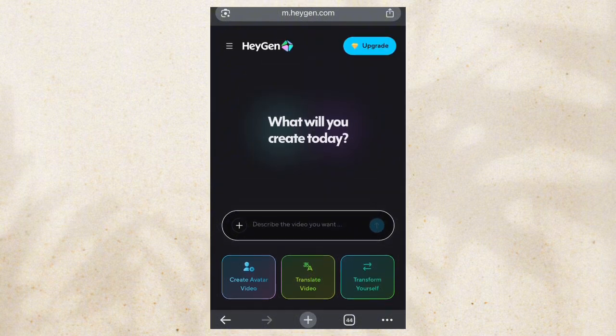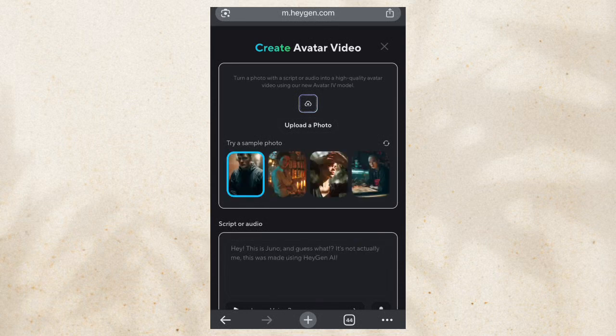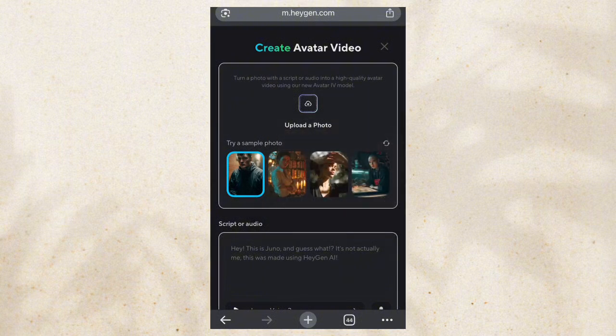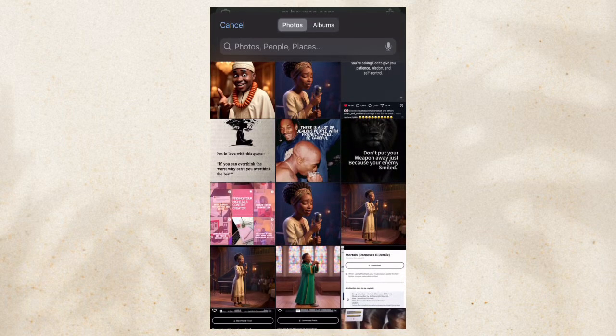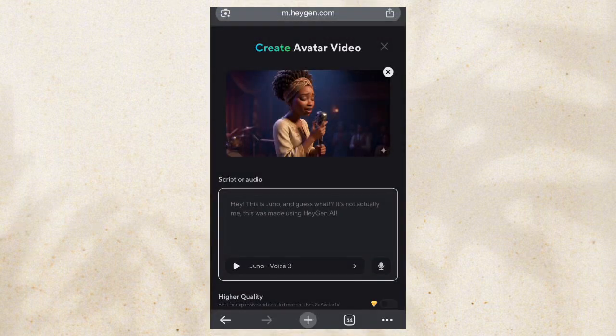When you tap on it, it will show you upload a photo, and also script or audio. I hope by now you have already generated your images. So you tap on it and then choose the image that you have generated. We'll be using this particular image.